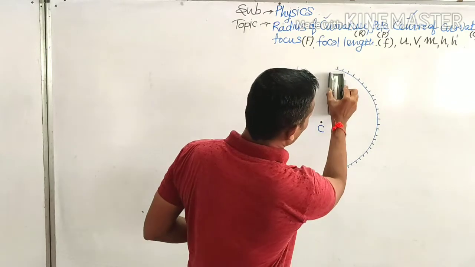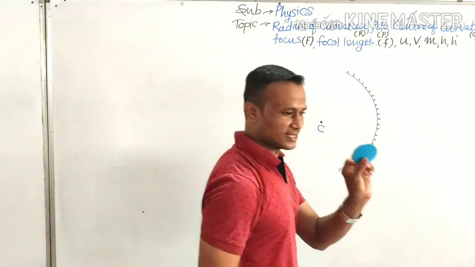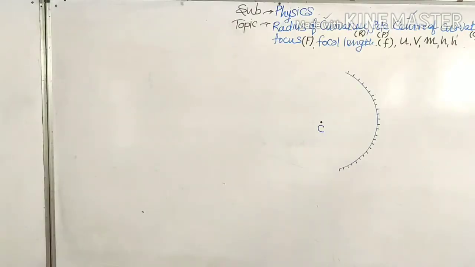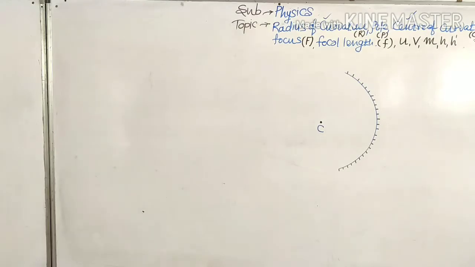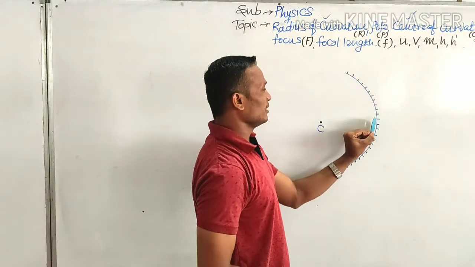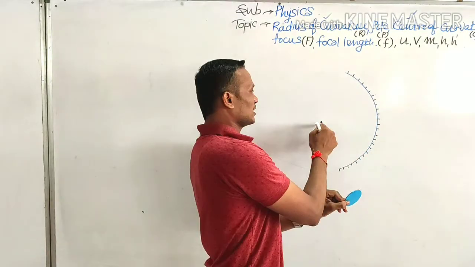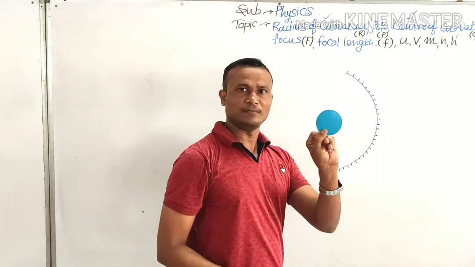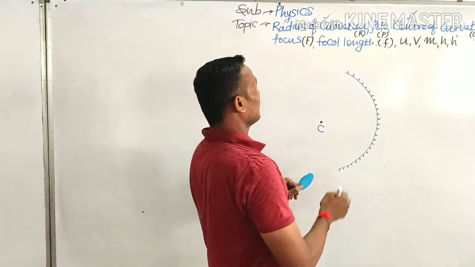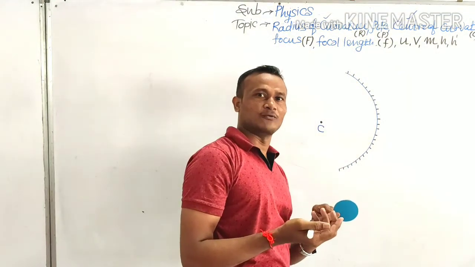You will understand, whatever portion is left, this is what the mirror looks like exactly. So in simple language, what we understand by this is that every spherical mirror is a part of a complete sphere. So the center of that sphere will be the center of curvature of the given mirror, right? Now we'll go to the radius of curvature. Now where is the radius of curvature?